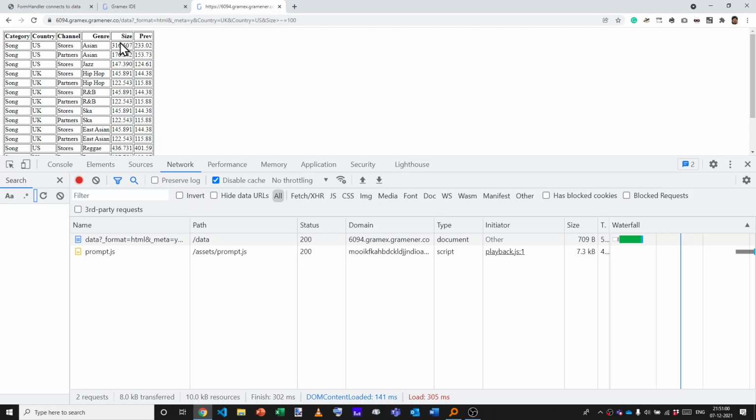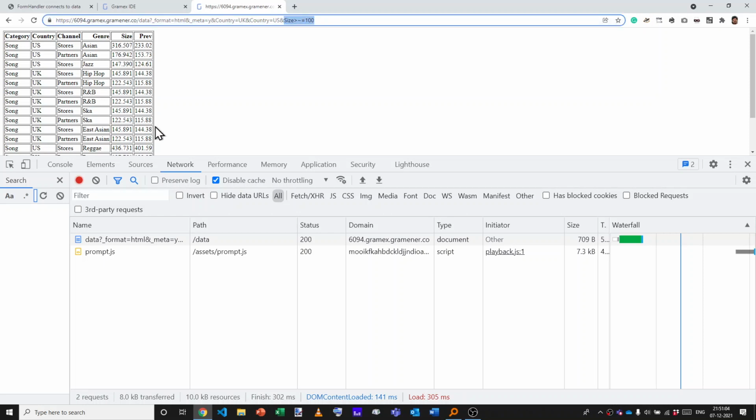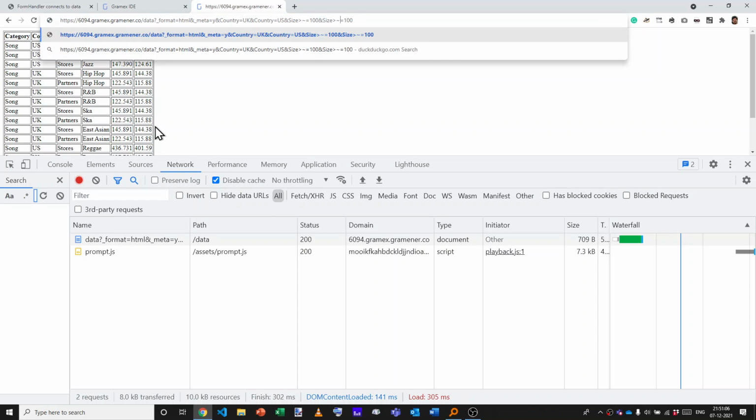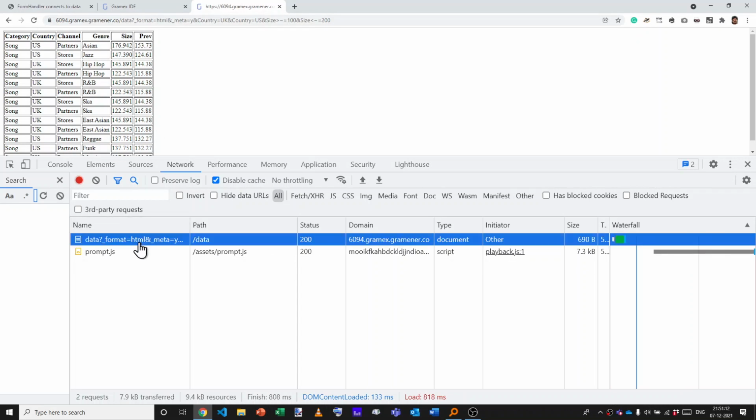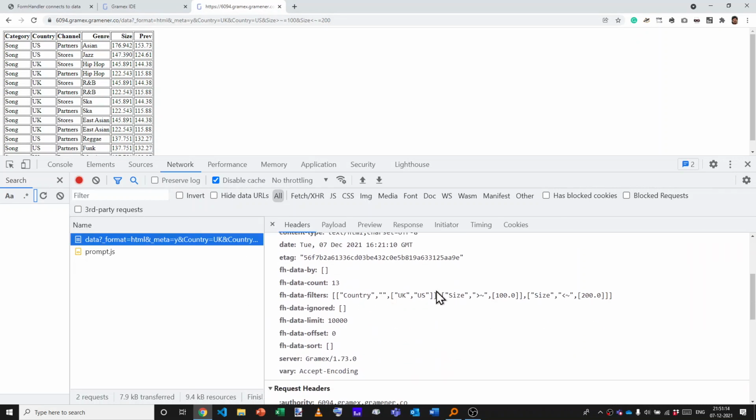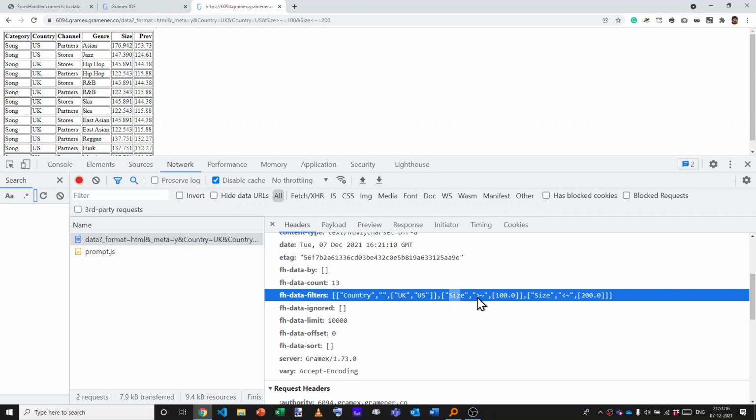And that shows everything where size is greater than or equal to 100. And let's say size<~=200. So that gives us a subset, which is captured as size. The operator is >~, and the first value is 100. Size <~, that's the operator, and the value against this is 200.